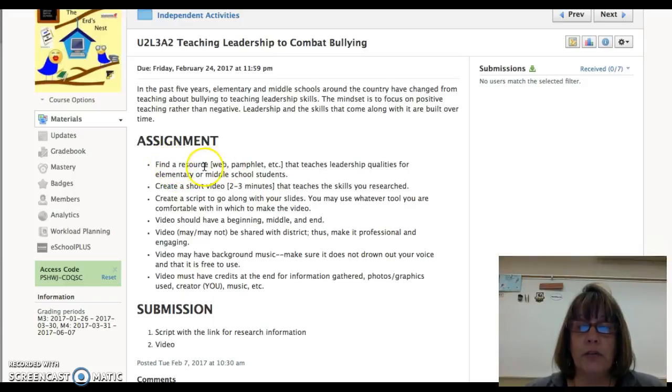You can find information about leadership skills, especially for elementary schools or middle schools or even high schools. You can focus on which audience you want. You will need to write a script to go along with your slides. You may use whatever tool you are comfortable with. So if you like to use Powtoons and you want to do something creative that way, go right ahead. Same thing goes if you like the screencast or the Google one, whatever you're comfortable with